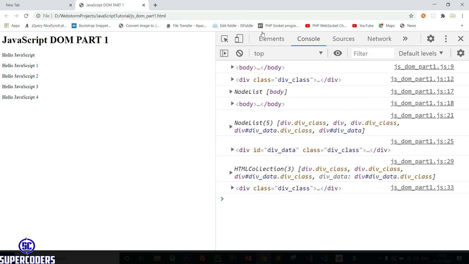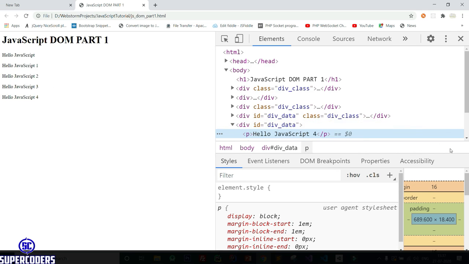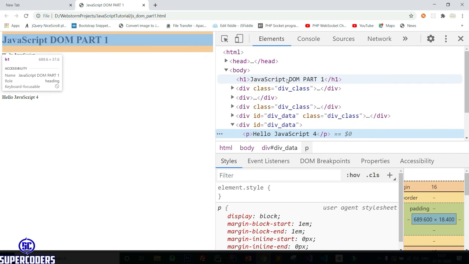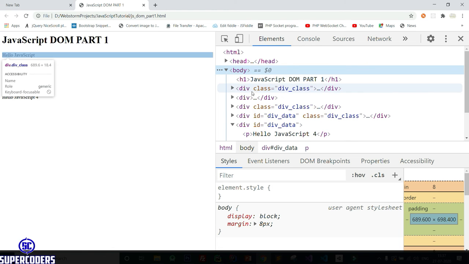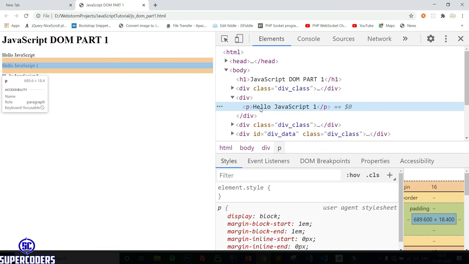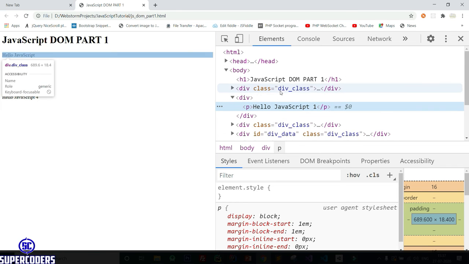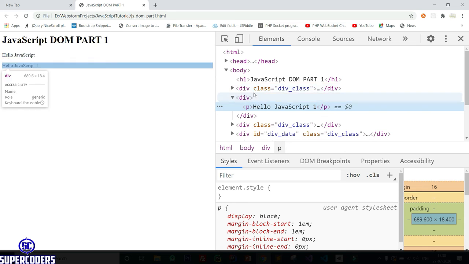Also you can see here in elements what is a node and what is an element node. So every HTML tag in our body, you can see h1, div, paragraph, all these are known as element nodes. All this comes in nodes, and nodes divide into 2 parts. First is element node and second is text node. Here you can see all comes in element node.